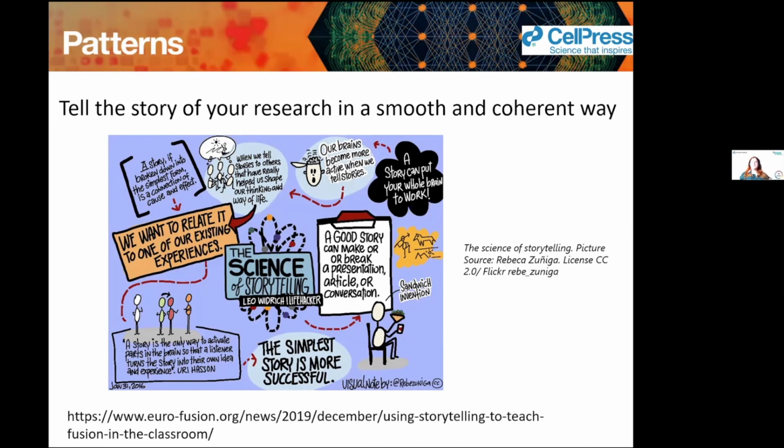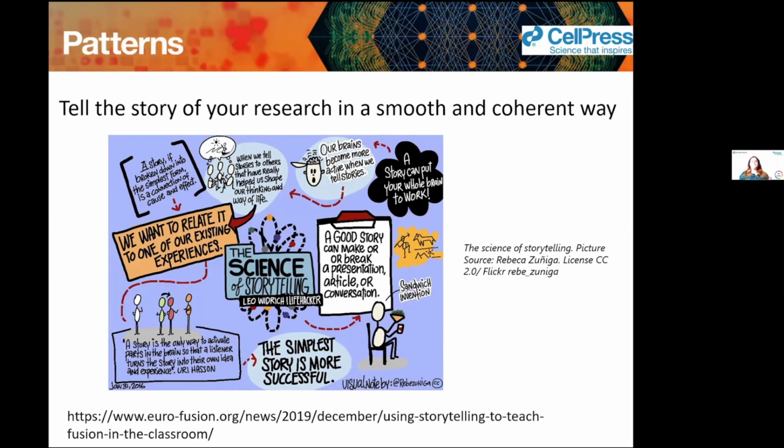If you think about it, the standard journal article or research report structure of aims, methods, results, conclusions is telling you the story of: we wanted to do this, here's how we attempted to do it, this is what happened when we did the things that we were doing, and then these are the conclusions that we've come up with as a result. That is a nice arc of flow of, we did this and then we did this and we learned this, and that's really quite useful to be able to explain to people what your research is all about.